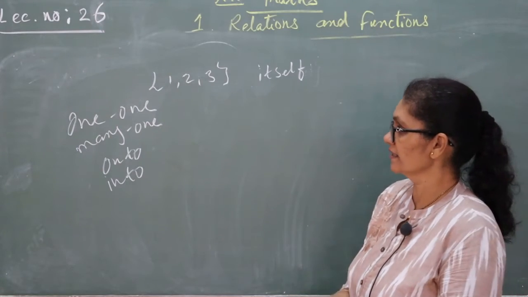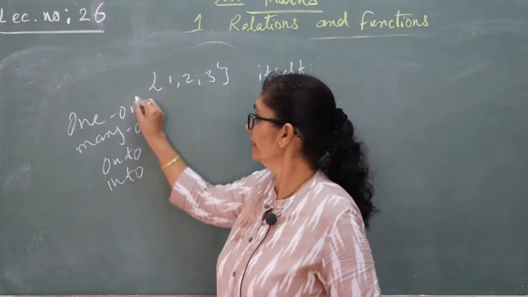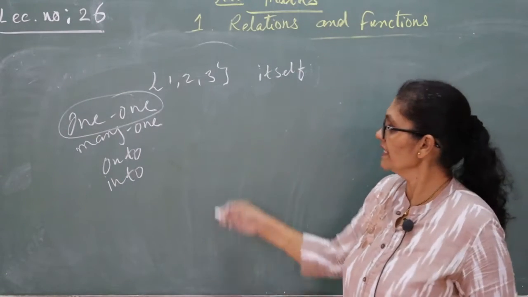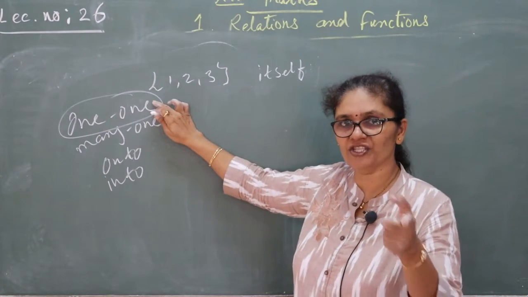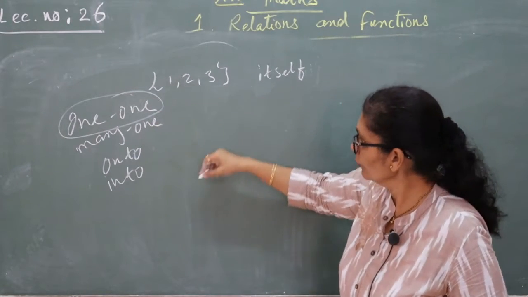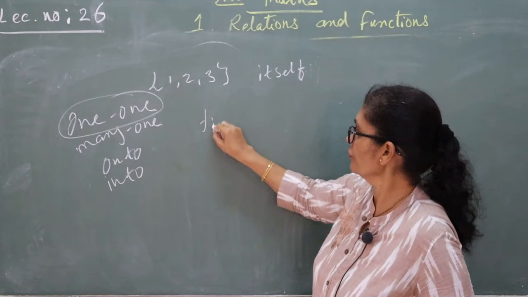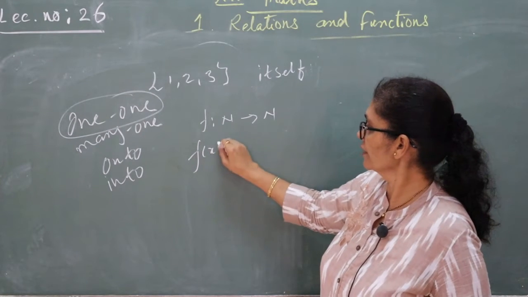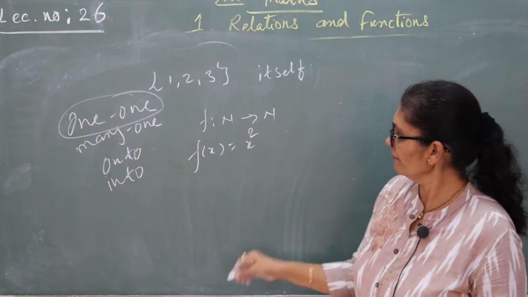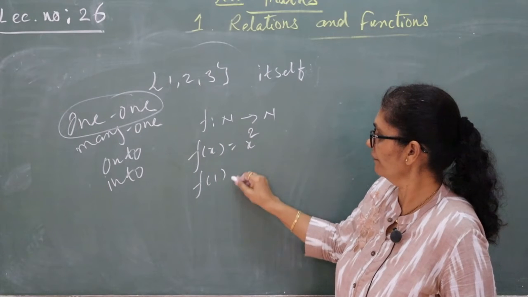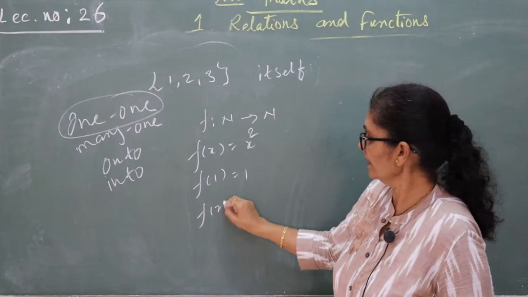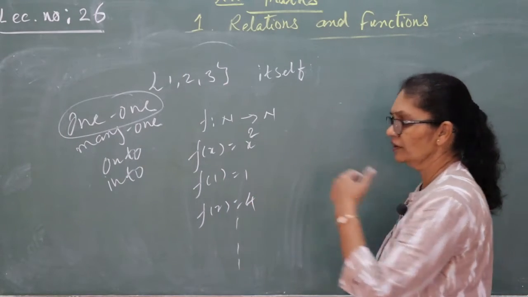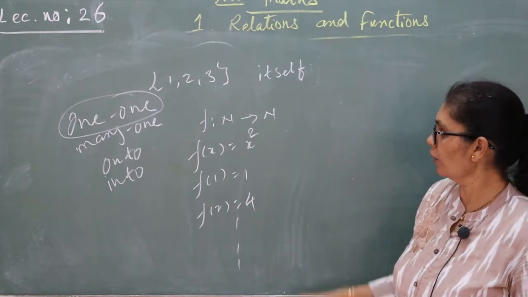We have already discussed this. What have we discussed in a one-one relation? Relation of one person with one, meaning single question, single answer. I give you one example for one-one. Suppose your function is defined from N to N, and the function is x square. If I take the first natural number 1, 1 square is 1, second natural number 2, 2 square is 4, and so on. Then I get single question, single answer. So this relation is called one-one.